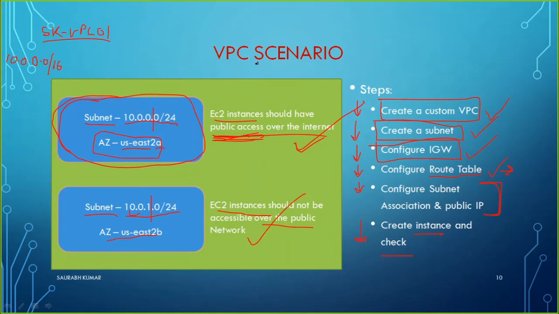We are done with the practical part: we created one VPC, and within that VPC we went with two subnets and created one internet gateway. We created a route table where we defined the route for the public network. Then we did the subnet association and public IP setting, and thereafter we verified it by creating some EC2 instances. So that was all in this particular tutorial, and I hope this has been informative for you all, and I would like to thank you for watching.